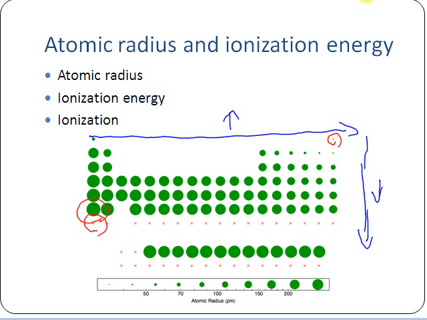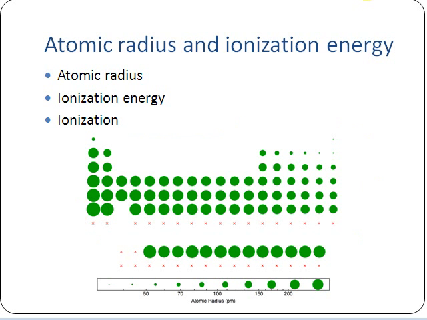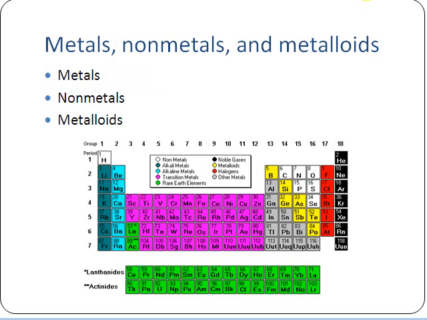Now, in terms of ionization as a whole, we need to take a little bit more of a look at the periodic table with actual elements rather than just atomic radii on it. Ionization, as we said, is whether you either take or give away an electron, because it's gaining a charge. Basically what we're going to see is that as you go across your periodic table, I'm going to step back a little bit so that we can take a look at this periodic table right here,